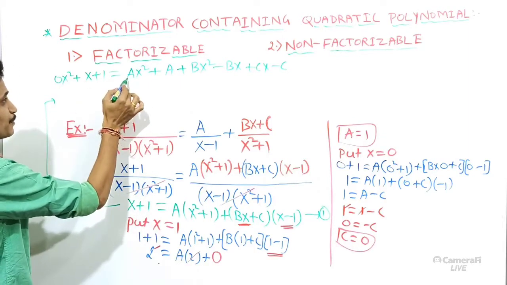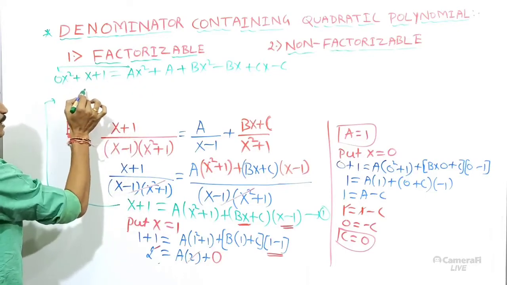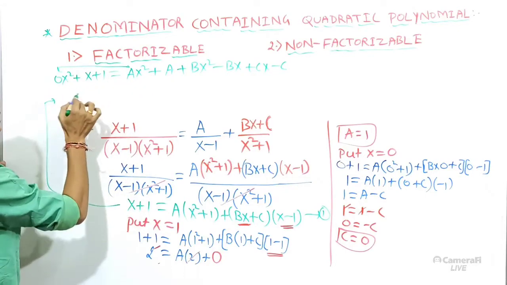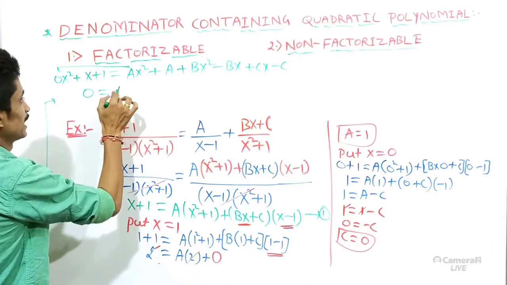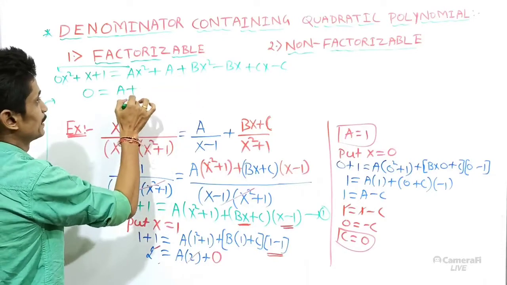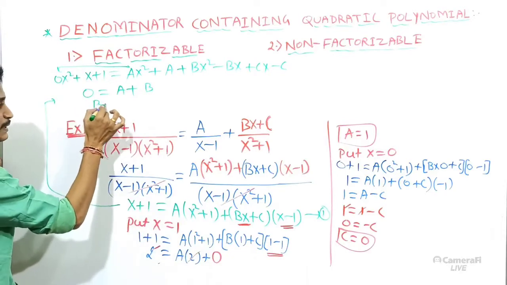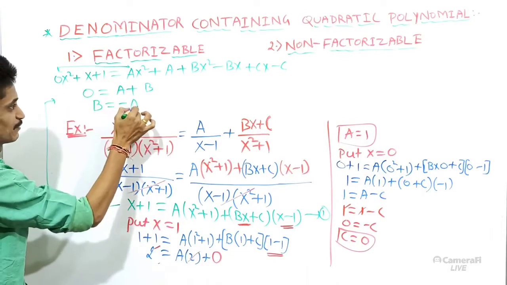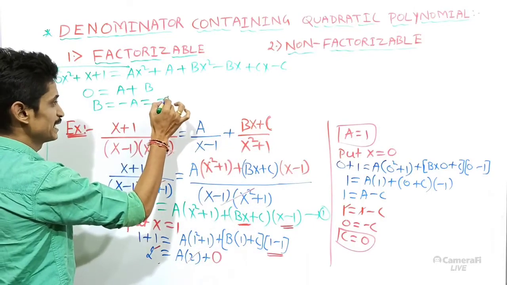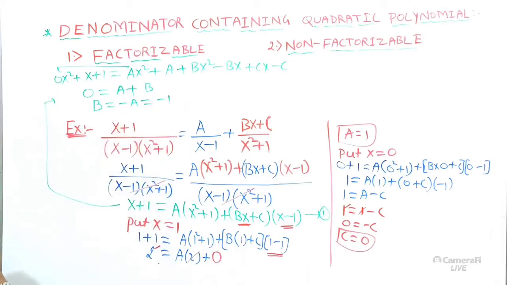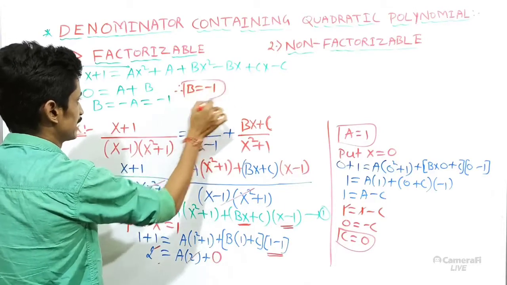Now comparing these two, the x square coefficient must be the same. What is that x square coefficient? This is 0 equal to, what is this side? a, and this will be plus b. So that I am going to find the b value, b writing as it is, a shifting that side, it will be minus a, because I know the value of a. Hence, what is the value of b? That is minus 1. Therefore, finally I got my b value. b is nothing but minus 1.